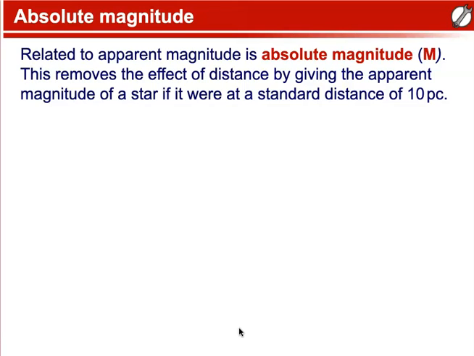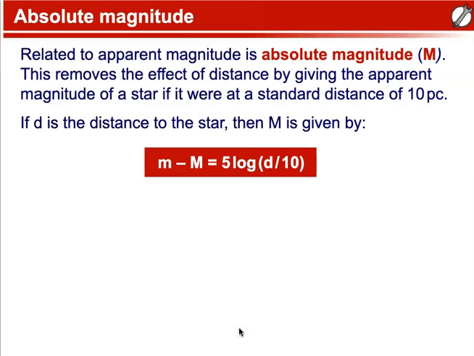Absolute magnitude. Related to apparent magnitude is absolute magnitude. This removes the effect of distance by giving the apparent magnitude of a star if it were at a standard distance of 10 pc. If d is the distance to the star, then M is given by: